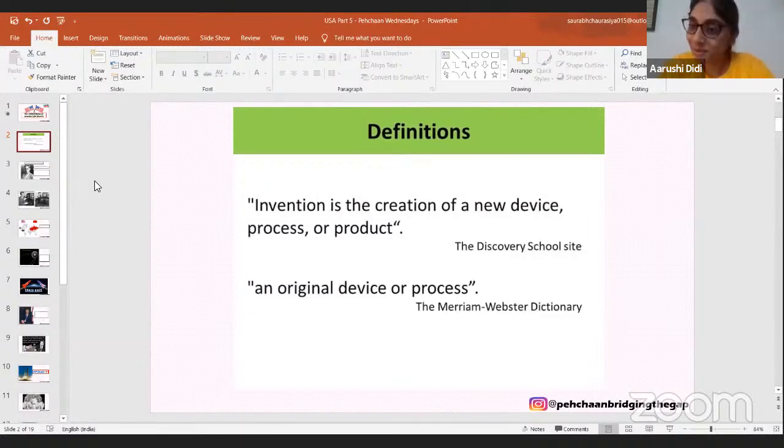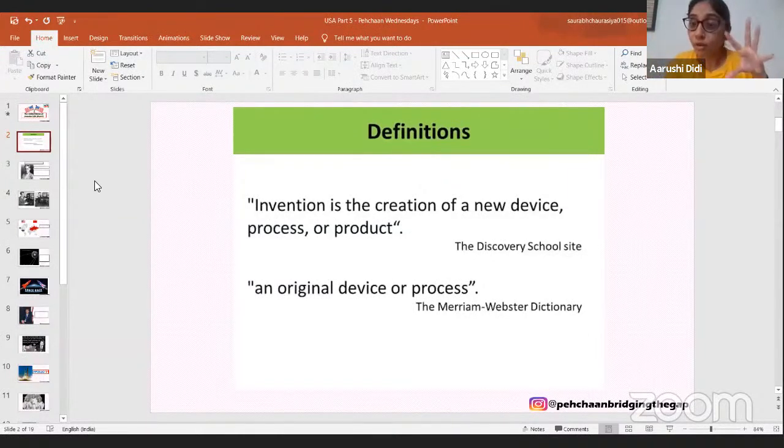Perfect. Absolutely perfect. Yes. So invention is something that we create, right? That has not existed before and it is something new. Versus exploration is something that has already existed and we found out about it. So all these Europeans, right? We talked about Amerigo Vespucci. We talked about Columbus. When all of these people reached America, they didn't invent America. America as a land already existed. We talked about Native Americans who lived there. They were already there. These people explored. They got to know about them, right?